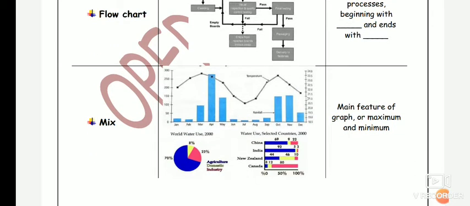Okay, next, the last category is the mixed category. For that you can clearly see that there are two different types of graphs which they will be giving to you. In the above one you can see a mixture of the bar graph and the line graph, and even in the below graph you can see a mixture of pie chart and the bar graph. So they will be giving you any mixture whatever they feel like, so it is a kind of a mixture graph.